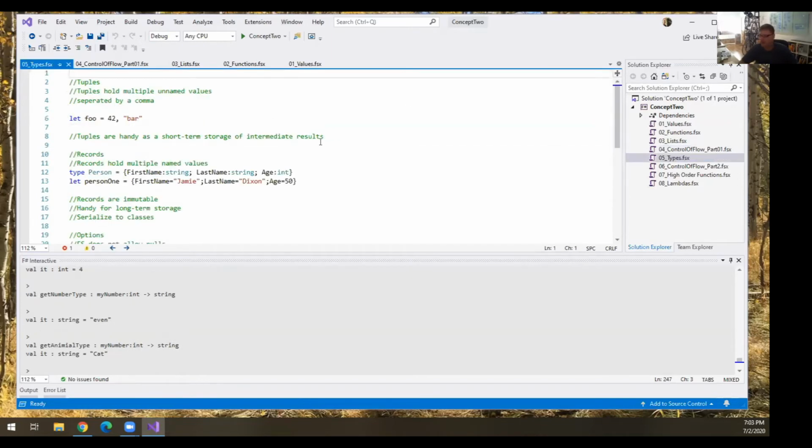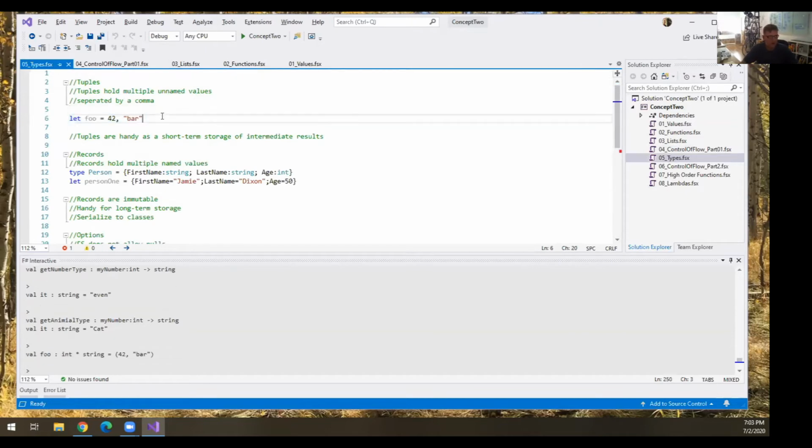Type system, we have type systems. The most important thing to understand is that this is a tuple, or tuple, depending on what part of the world you're in. The foo variable right here is defined, and obviously any part of the tuple can be any type you want. When you build your collections, the tuples have to match in terms of types. This is equivalent to your classes. We have a person. I've defined a type, and this is the second keyword. We have a person type, and it has a first name, a last name, and an age, an integer. So person 1 is me, and I'm 50 years old. Thank you for rubbing it in.